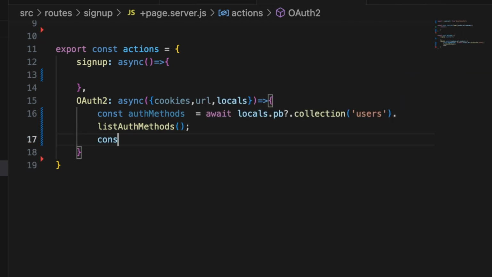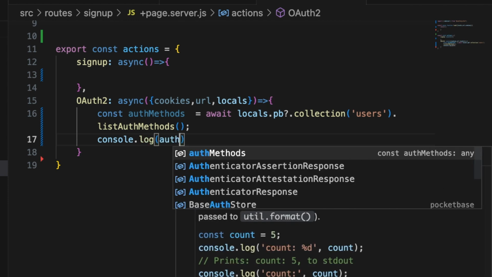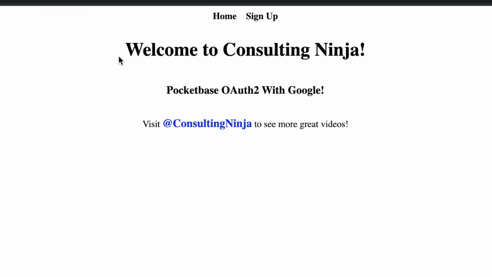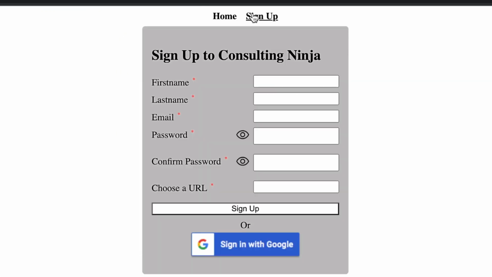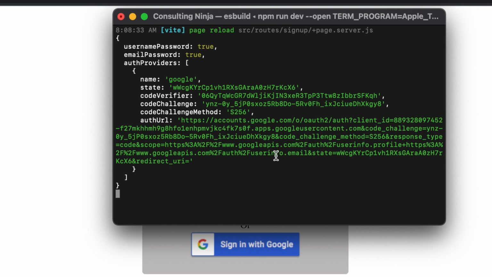And if you want to see what comes back, let's do a console.log, and we'll just console those out. So save that, and in our application, go to the sign up page and then click the sign in with Google button,